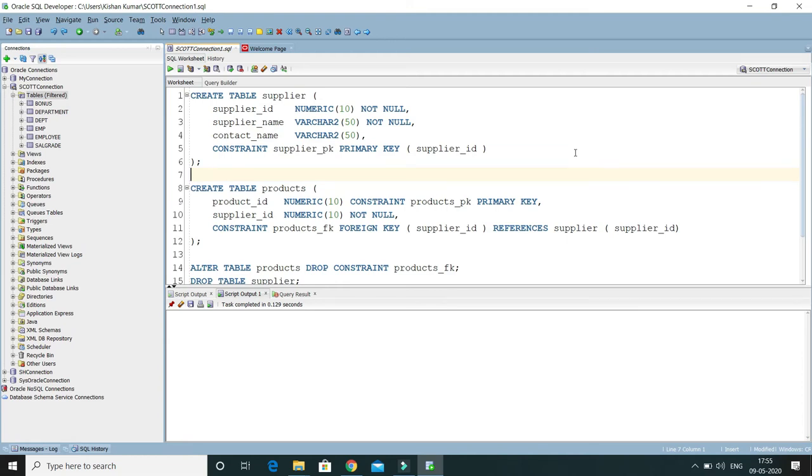In this video tutorial, we'll talk about how to delete a table structure within Oracle database. To delete a table structure, the drop command is used. The drop command deletes the table definition and all its data. So let's try to understand through a use case.